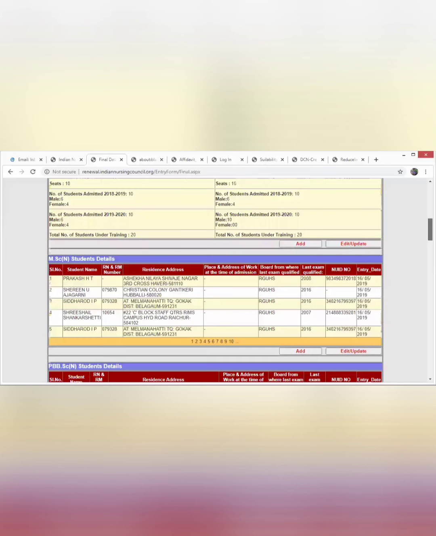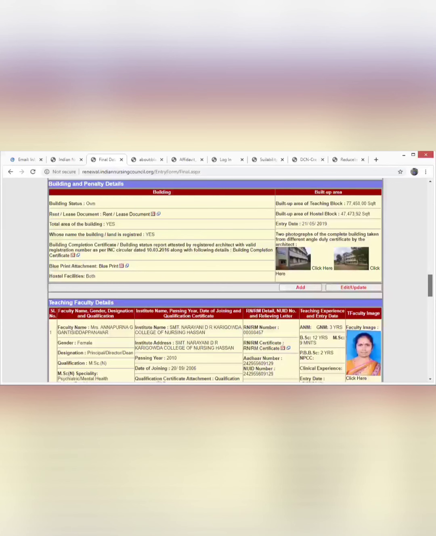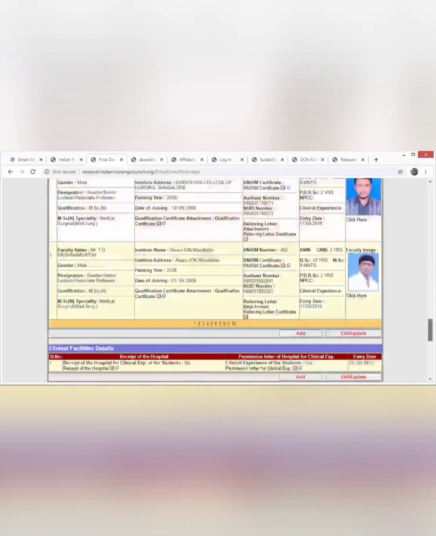When we see view all records, we first have to convince ourselves that we have updated everything applicable for our institution, and the information is available. Final submission cannot be done till you do the payment. I am now convinced that I have done the declaration, the program entry, the teaching details, and the library and classroom details. See here, in the final submission, it will not allow you till you pay. Please pay the institution fee first.